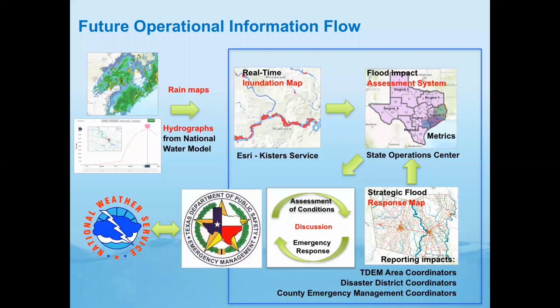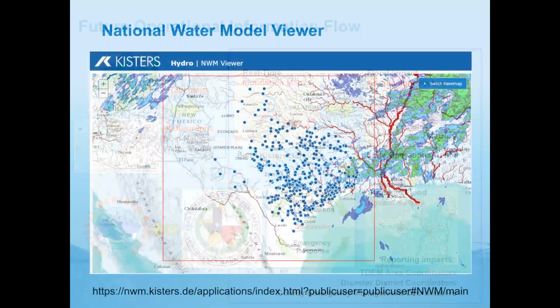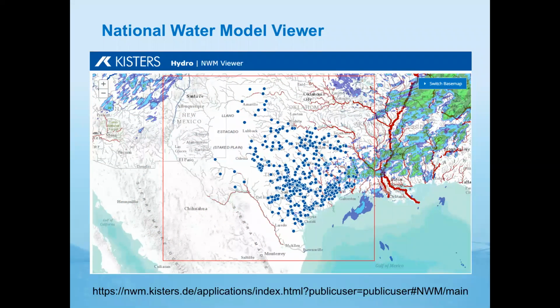And you could think of it like the National Storm Center in Norman, Oklahoma, is publishing tornado risk maps and tornado maps. They're notifying the regional offices of tornadoes and tornado potential in their areas and what their likely zones of impact are. That's what the National Water Center in Tuscaloosa will be doing, and through the National Weather Service regional offices. So here's the Kisters map, and I'm just going